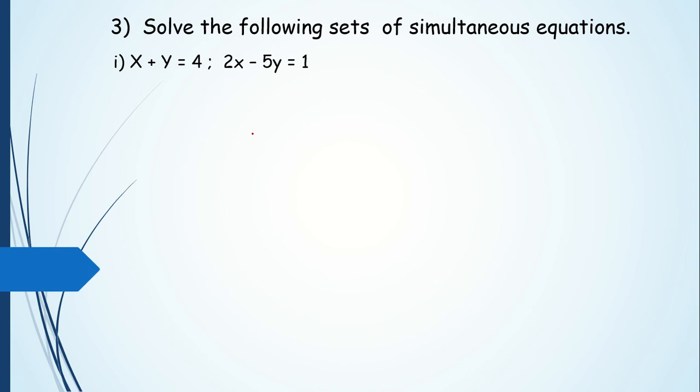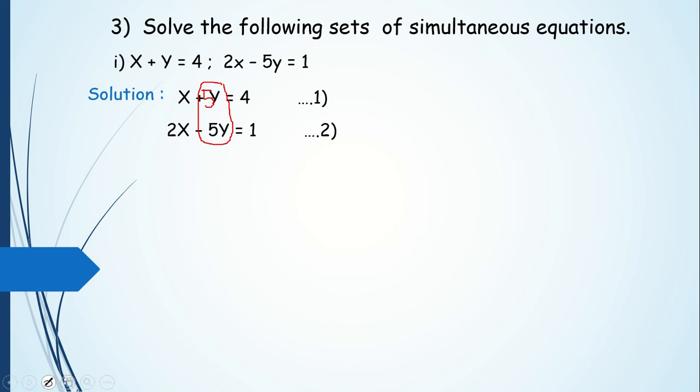Okay. So now you just check right now which element is easy to get rid of. I think here there is minus 5y. Here if I have plus 5y. First step, in order to solve any equation is to just write down the equations as it is. So first we will just write down the equations as it is and give them number 1 and 2. Now if I can have 5y here, then plus 5y minus 5y will get cancelled, and I can eliminate this variable y. I will get rid of y. I will be left with only x. Then I can easily find out the value of x.